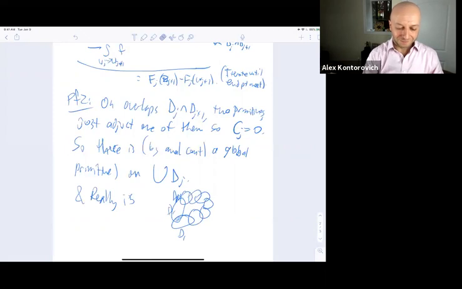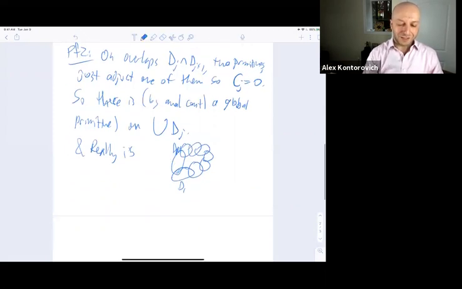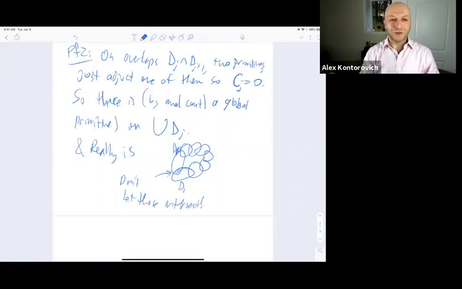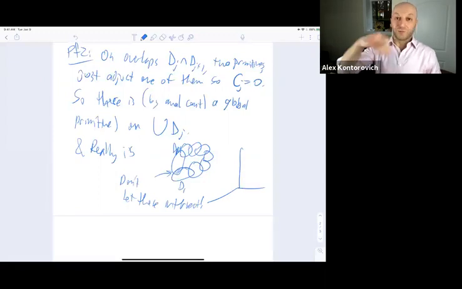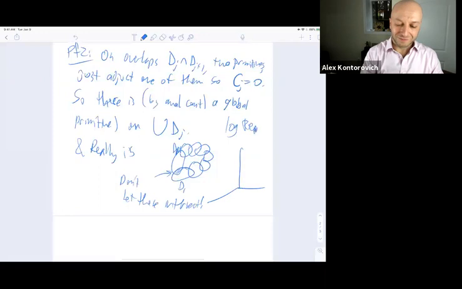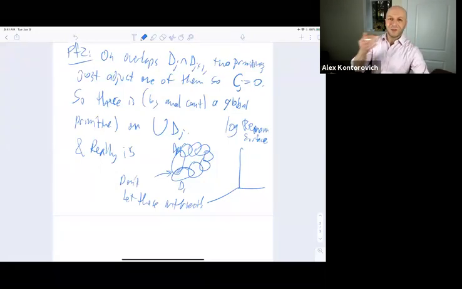Here's disk 1 again. And so the idea is don't let these intersect. Well, how can you not let them intersect? So really, what's happening, for example, for the logarithm function, is the Riemann surface of log, because log is the main culprit in this. What's really happening is the slit plane,